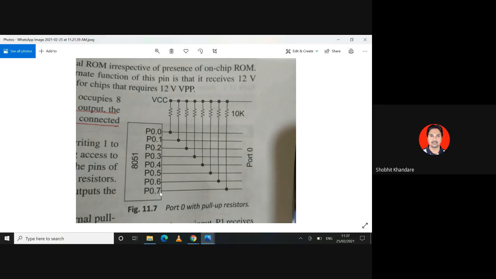Okay, so which are the special function registers which are related with the serial communication? They are number 1 SBUF, number 2 SCON, and number 3 PCON. So we are going to study these 3 registers because they are associated with the serial function. So are you ready to understand the special function registers now? So just write down the heading